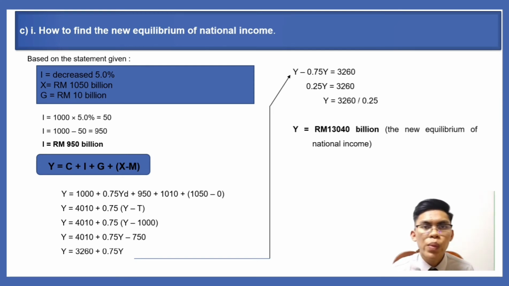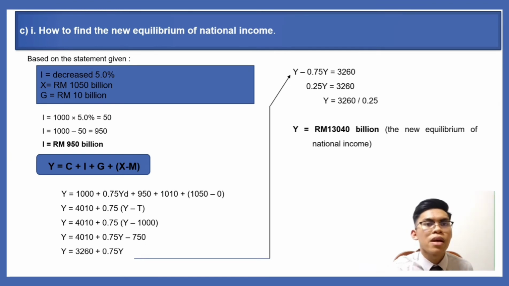So the answer you will get is 950 billion. The export is 1050 billion, and the government also spent as much as 10 billion for the Prihatin Rakyat Economic Stimulus Package to boost economic recovery. So for 1000 billion, the amount before, we need to add 10 billion. So we will get